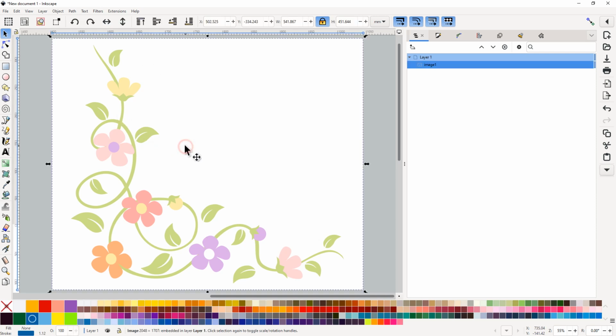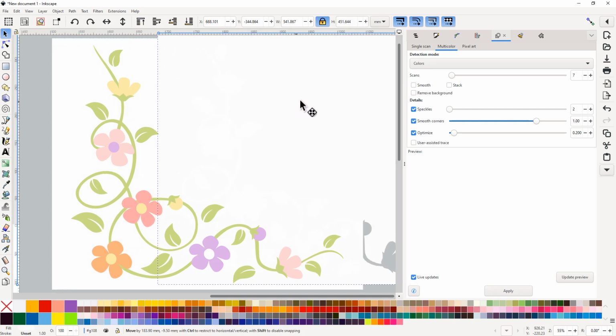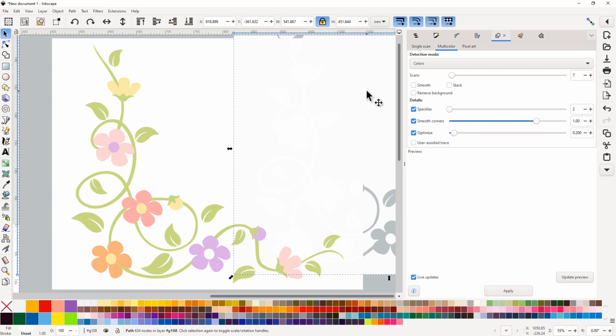So, as you can see in the layers and objects panel, the only thing I have is this image. So if I go to Path, Trace Bitmap, and I can go here with the colors, let's go this route and see what happens, and we'll apply. Let's see what we get. I can remove the white background